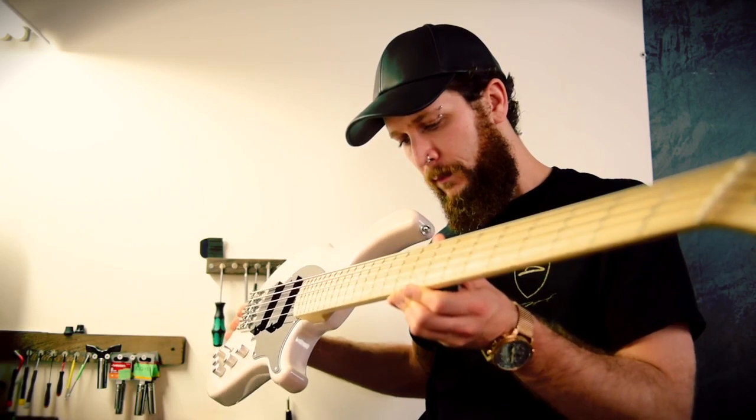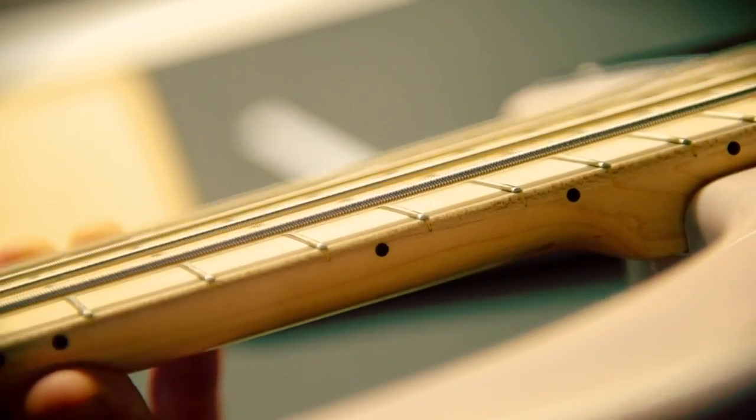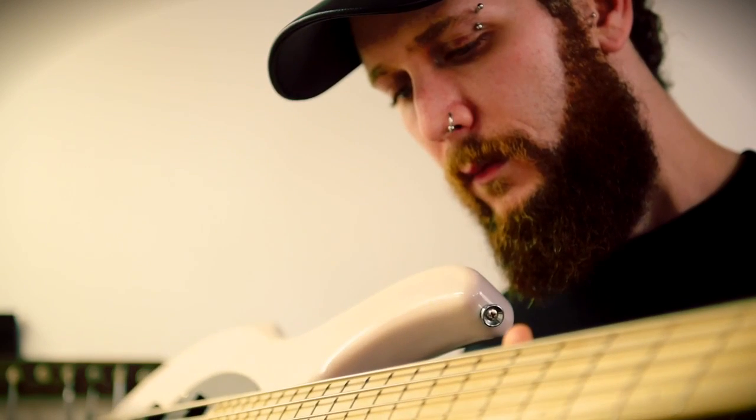So to show you what I mean and how you view that smooth, even arc, take a look at how Graham is holding the bass. He's holding it like this. He's looking at a very low angle, almost parallel to the top surface of the body, and just rotating the bass ever so slightly just to get an idea of how the individual string heights are and how they relate